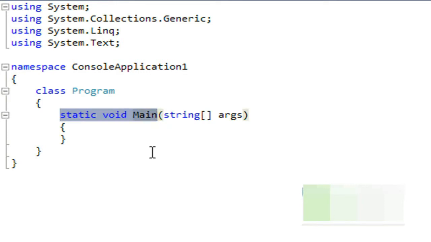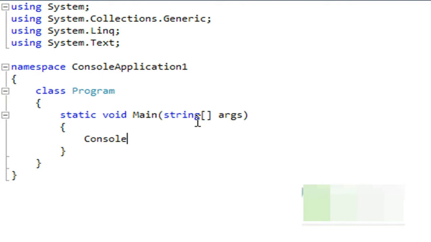Now what does static void main mean? Static void main means that this is the first statement, or the first entry point from which the application will start. So this is basically a method or a function, you can say, and it's like a startup routine which will be called first. So whenever your .NET application starts, it will go and search for the static void main, and it will execute any code which is written inside the static void main.